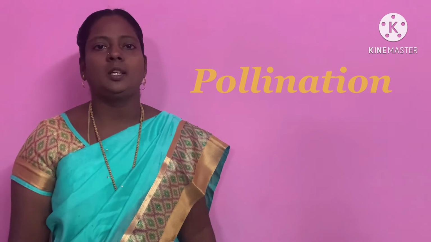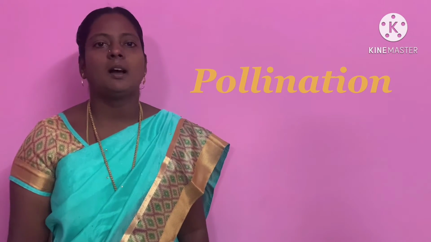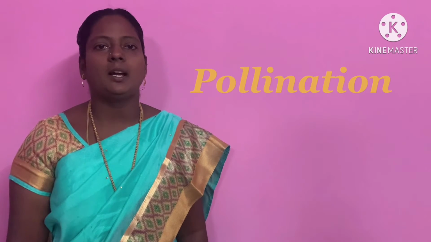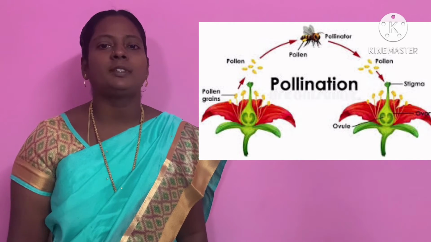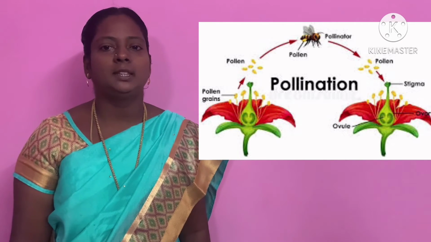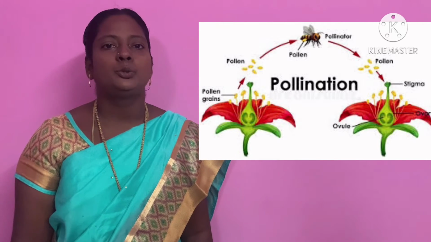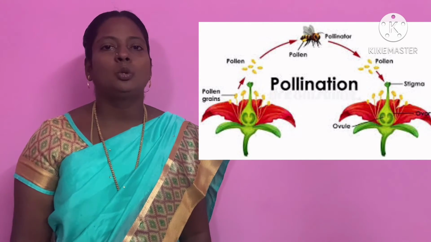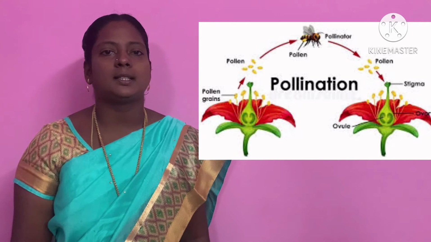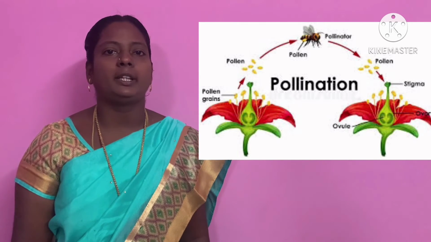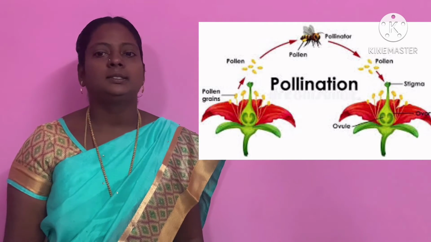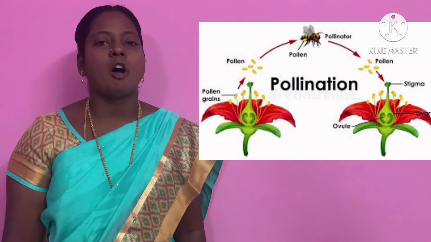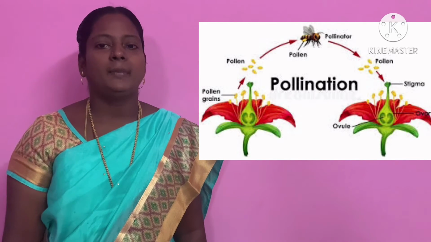Come on, students, let's learn about pollination. P-O-L-L-I-N-A-T-I-O-N, pollination. Pollination is the act of transferring pollen grains from the male anther of a flower to the female stigma. The goal of every living organism, including plants, is to create offspring for the next generation. One of the ways that plants can produce offspring is by making seeds.